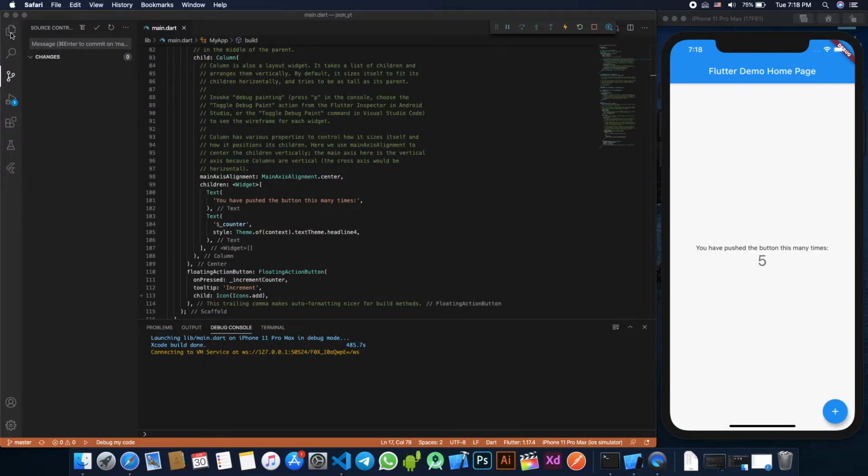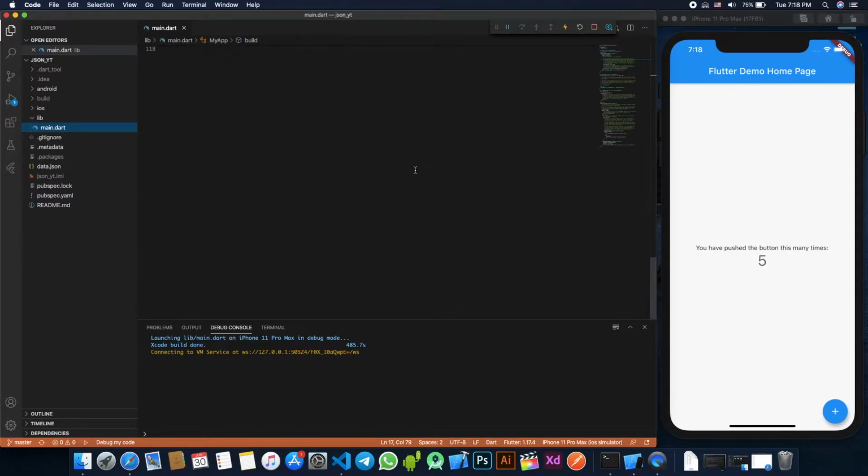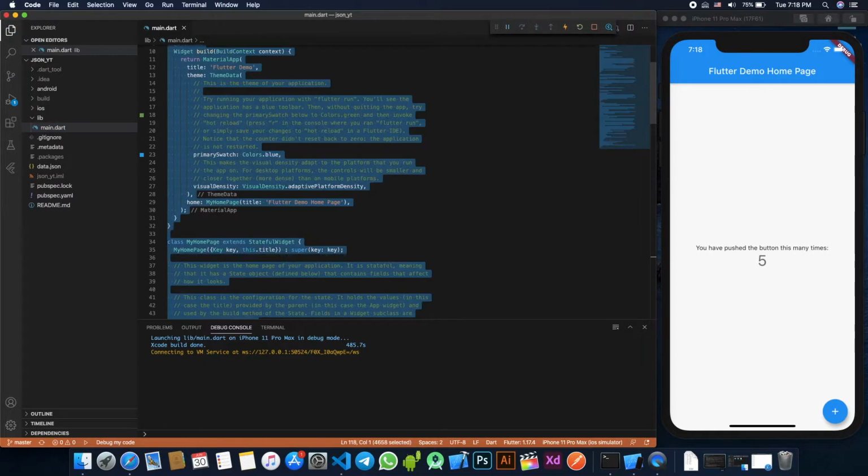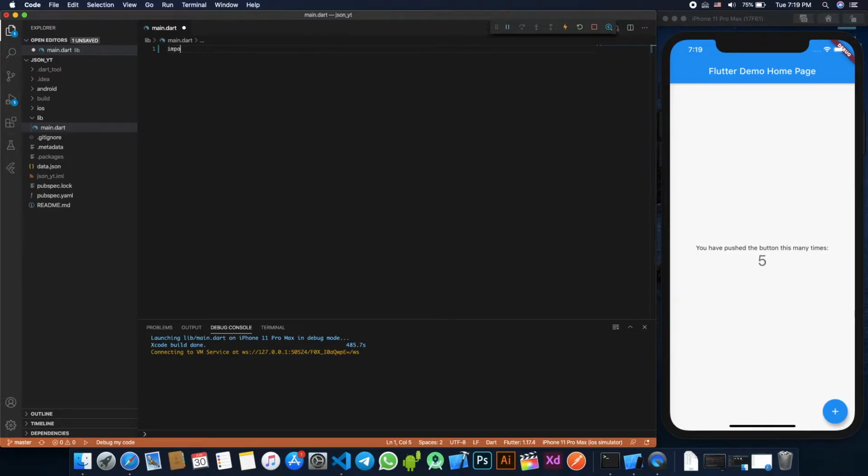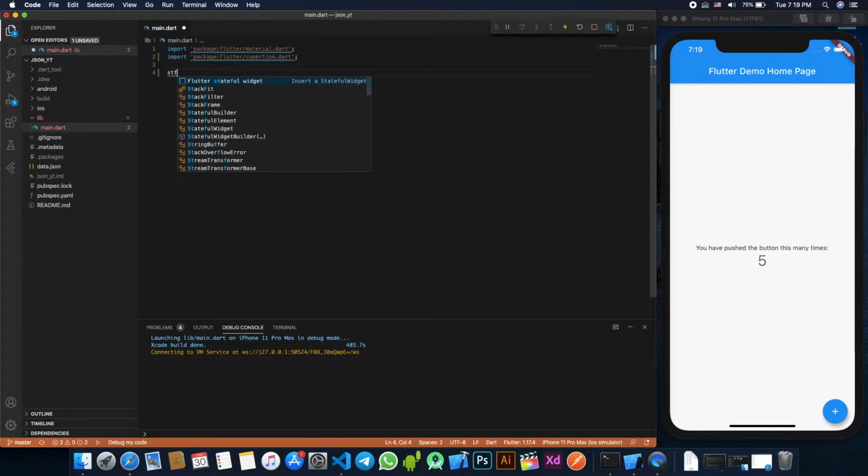And now comes the most crazy part. I'm going to delete all of this. I'm going to import our material library and Cupertino library. Then I'm going to create a new stateful widget. Oh no, sorry.